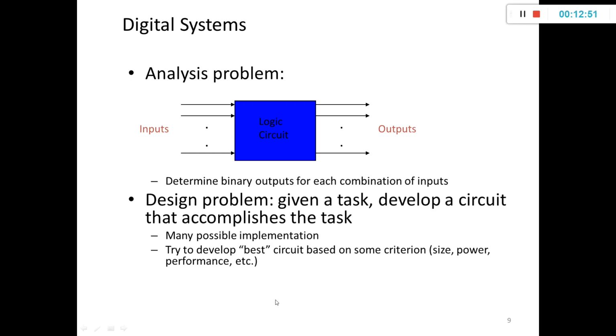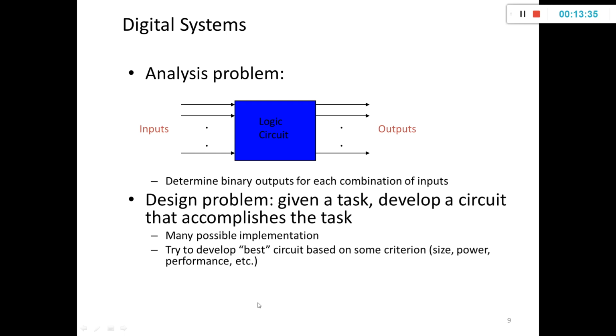So we determine the output depending on the expression which is inside the logic circuit and also on the inputs. Next, coming to the design problem. How do you design a problem? Given a task, develop a circuit and accomplish the task. Any task may be given, a traffic light controller, an embedded system, or an ATM machine, anything. Any hardware machine, any design problem, given a task, you have to develop a circuit for that and see to it that it meets the exact output and completes the task given in the problem statement.